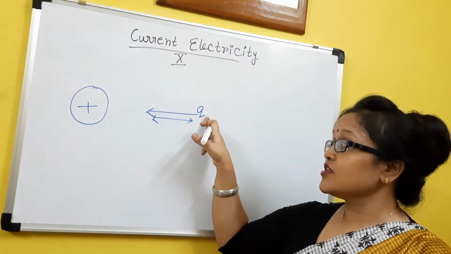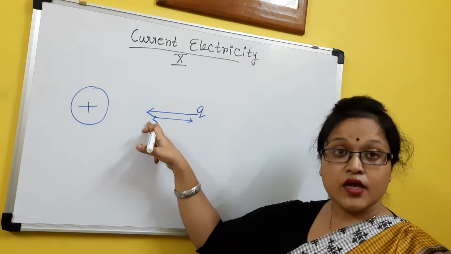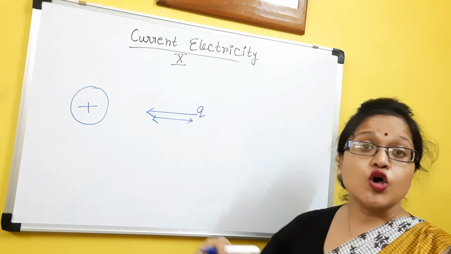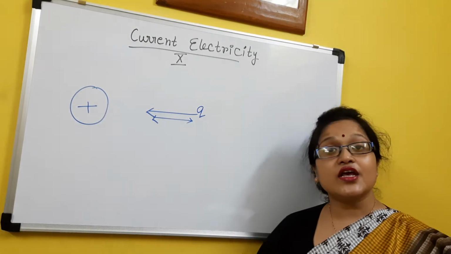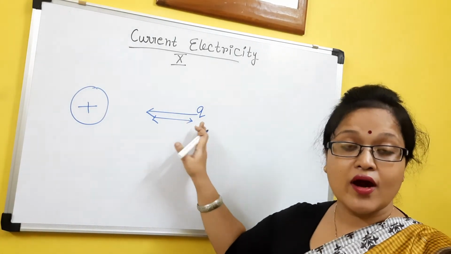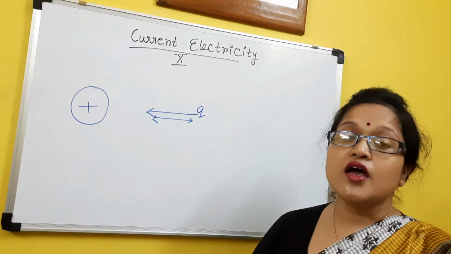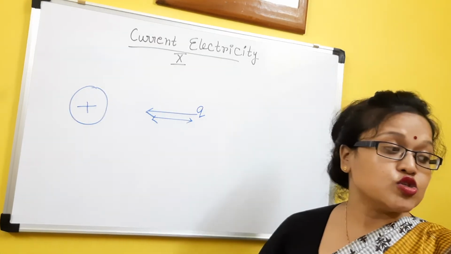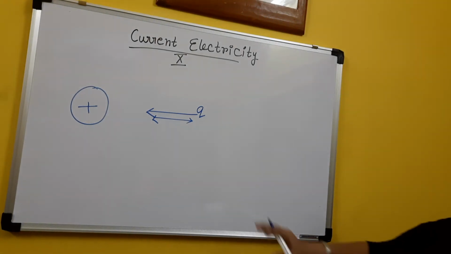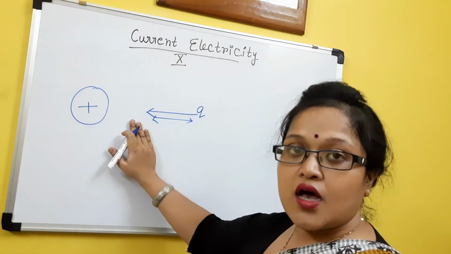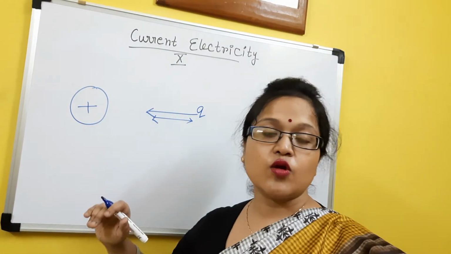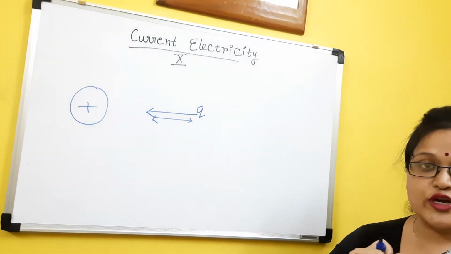Now I want to bring this charge from this to this, so I need to do some work. Clear? So the amount of work I am doing to move my charge from here to here, actually I am changing the position of the object. So I am doing some work done, and that work done is called the potential. For keeping one charge from here to here, I am doing a work. Another charge from here to here, I am doing another work. So this all together is called potential.